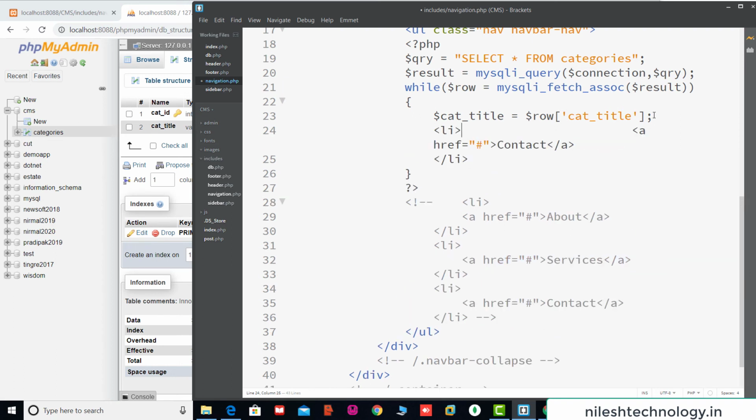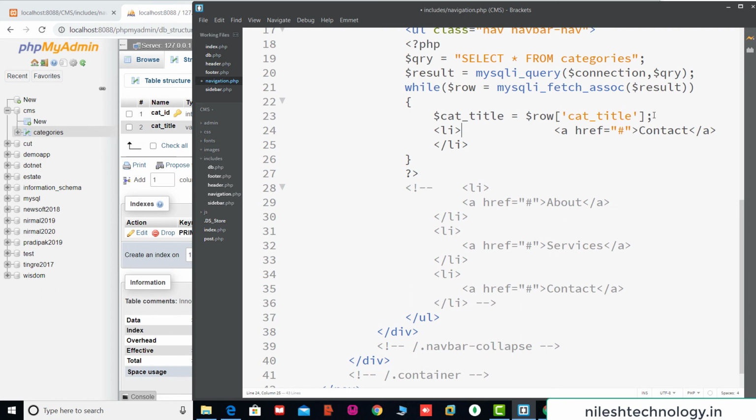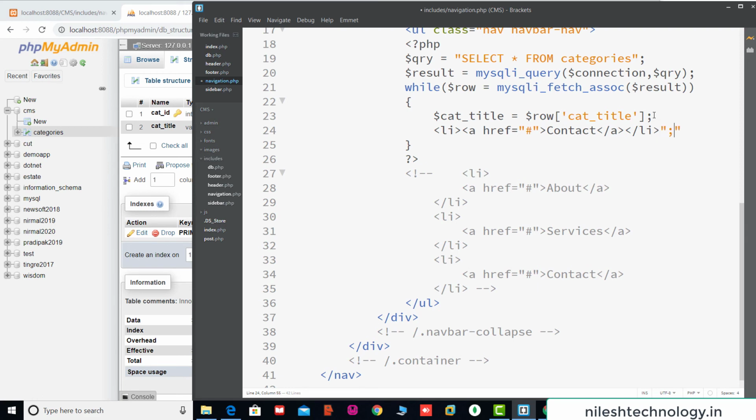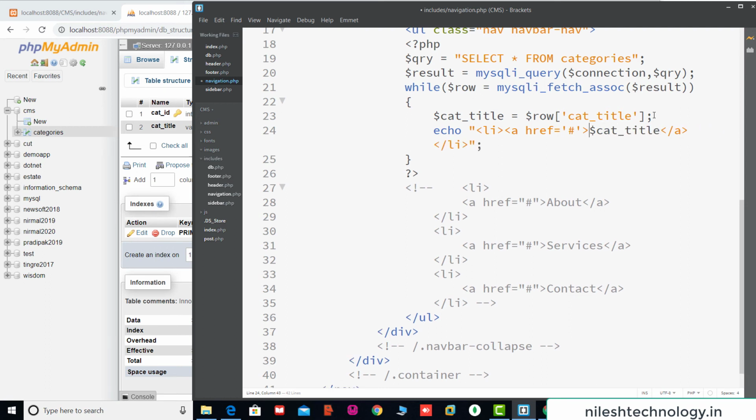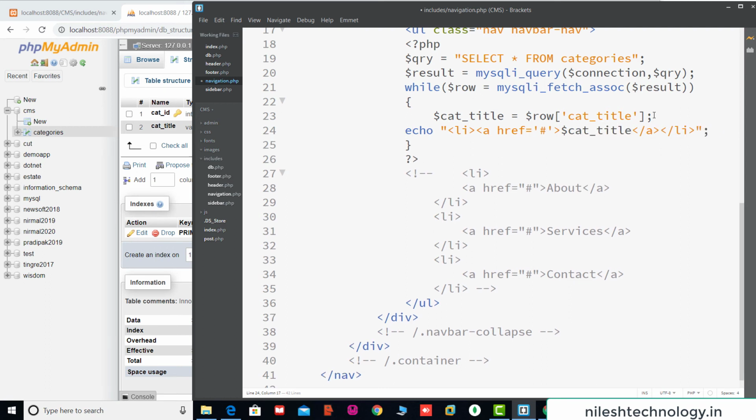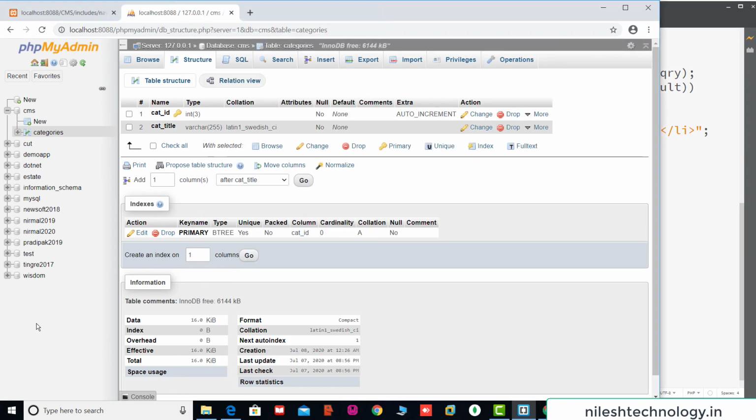Convert all this data into one line, and use one echo statement. This is the echo with single quotes, and instead of contact we use the cat title variable.